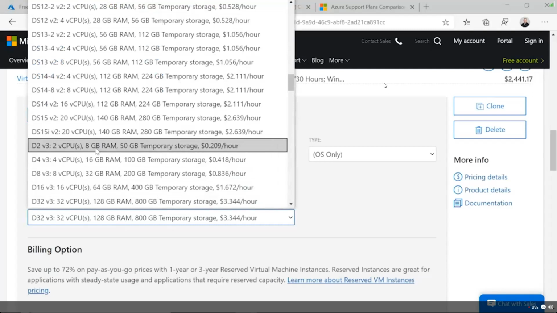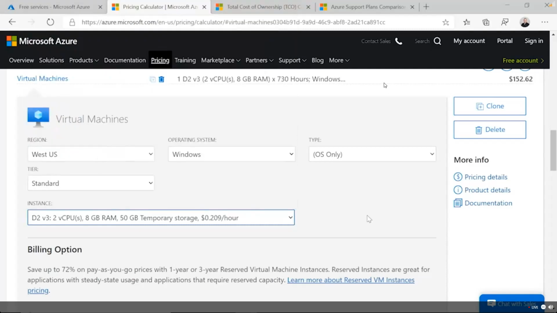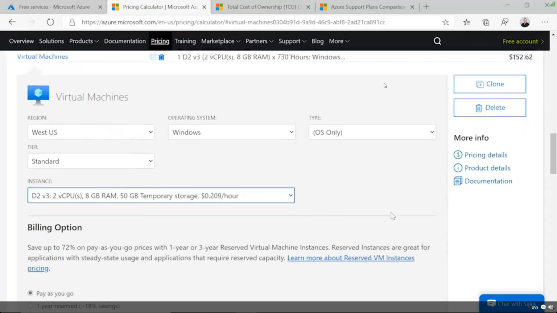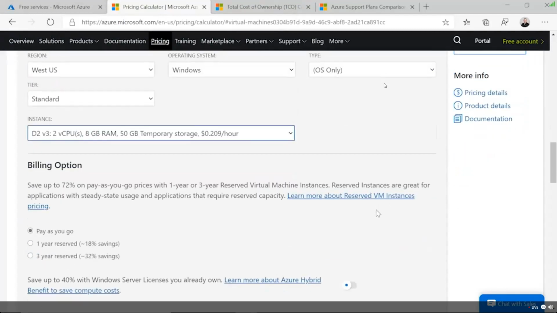So let me go back to my D2 V3, $150 a month. Okay, seems reasonable. But now we have to get a little specialized in licensing. Now, folks, I had a choice when I joined Microsoft 19 years ago. I could go down the technical path, or I could go down some of the licensing paths. Our licensing can be complex. And I'm not asking anybody listening to this to be a licensing expert, but you want to be smart of how you purchase Azure and what you can do to leverage licenses you may already have, but also how you can prepay some of this.